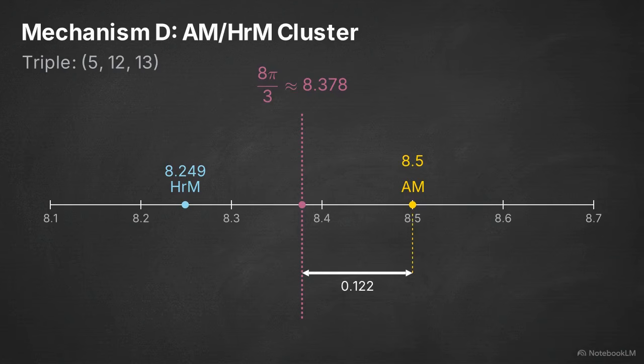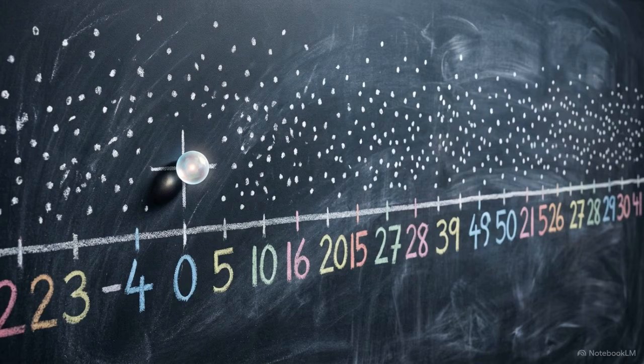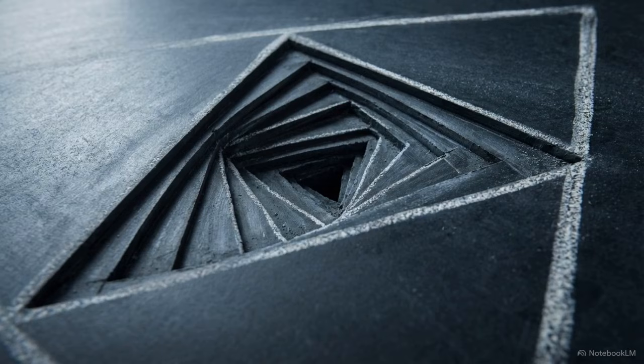The proximity of 8.5 to the 8.378 radian vertex is the reason these seeds achieve such high physical alignment. The data suggests that physical mass ratios occasionally map directly to isolated numerical coincidences in the number line, rather than broad structural laws. Mechanism C shifts away from specific triples entirely and introduces a broad recursive operation, scaling the depth